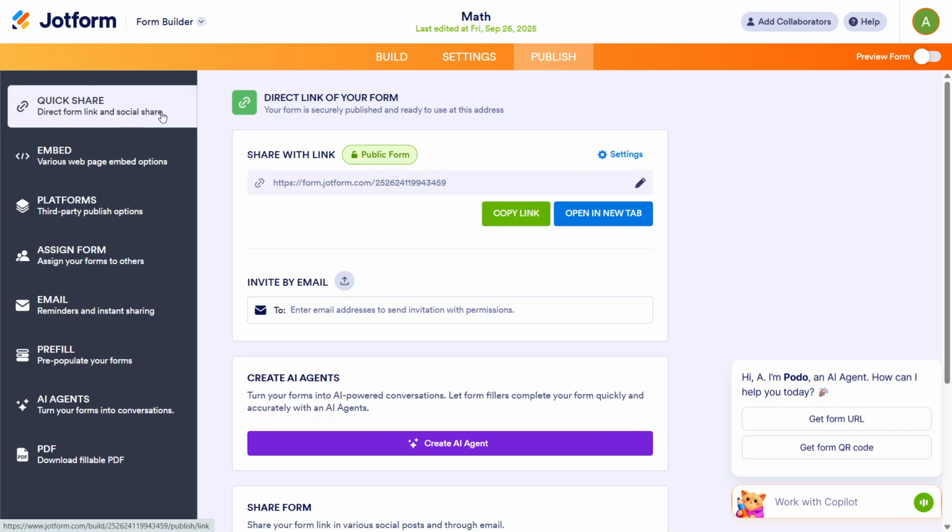switch to that view. In the Quick Share area, you'll find a section called Share with Link. This is the direct URL that people can use to access your form. Click the button that says Copy Link. This copies the form's URL to your clipboard, and this is exactly what we'll need to embed the form inside